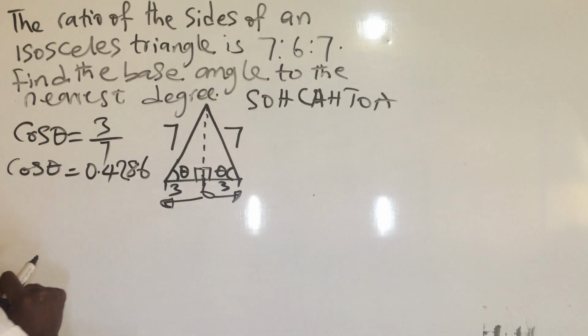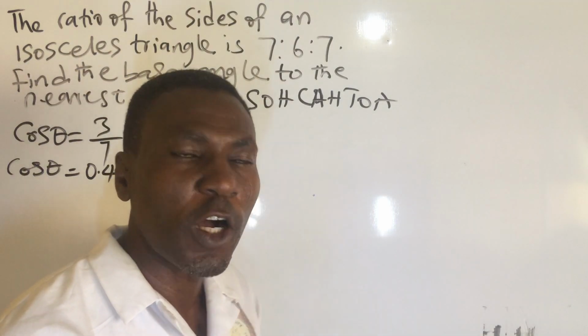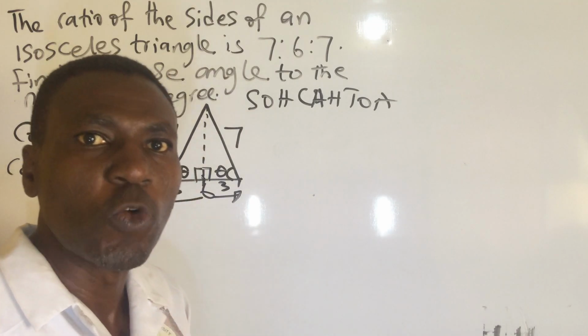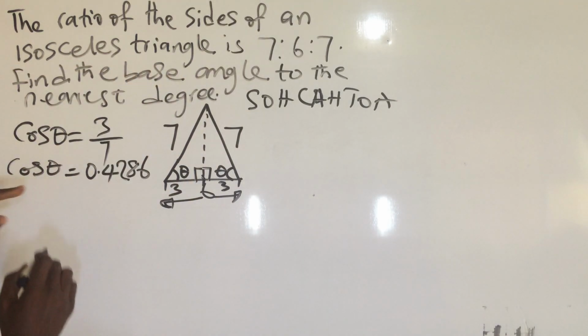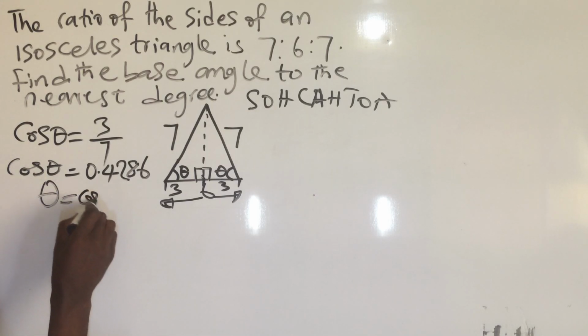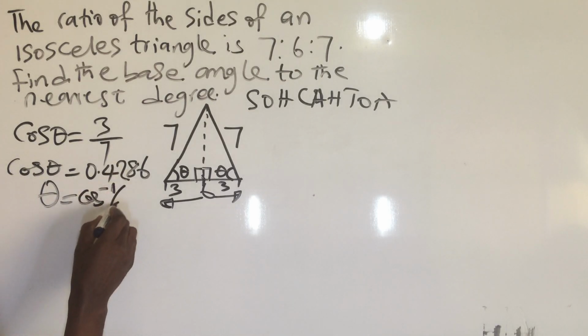Now, making theta the subject of the formula, we find cos inverse. It's on our calculator. Just bring your calculator and check it. You see cos inverse on your calculator. You can also see sine inverse, tan inverse, okay? This is how to make it the subject of the formula. You now say theta equals cos inverse of this value,